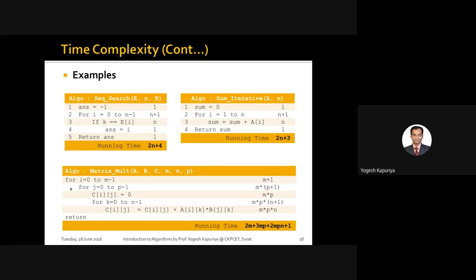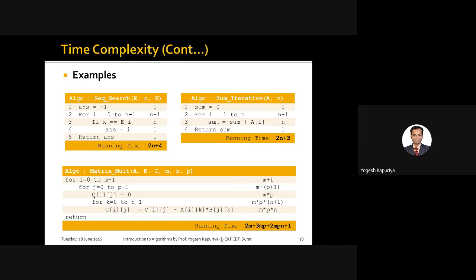See, I am not here to explain the meaning of this algorithm because it requires more time. I think you do have this in your syllabus, so you may discuss it at that time. Our objective is to calculate the step count. Okay, so let us focus on the first line. It is running 0 to m minus 1, that means 1 to m. That means the step count for this is m plus 1 because it is running fully. So m plus 1. Then statement number 2.